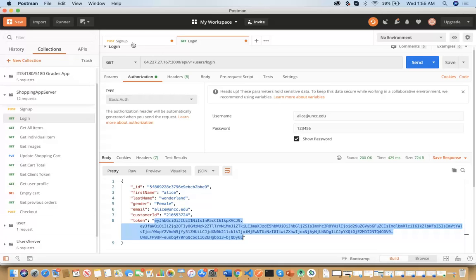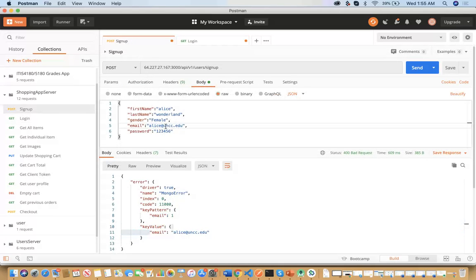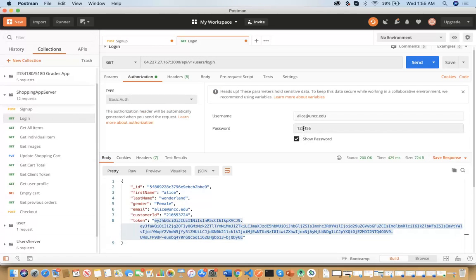So while signing up a user, the password will be hashed and salted and stored in the database. And while we are verifying the user against the password in the login URL, this incoming password will again be hashed and salted, and this hash value will be compared to the value present in the database in order to make sure that the user is properly authenticated. This is done using the bcrypt JS library of Node.js.